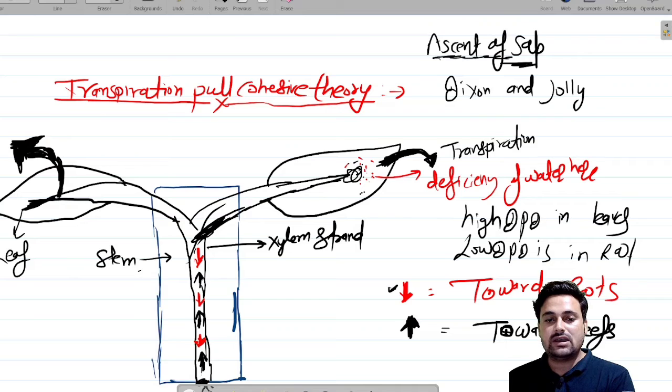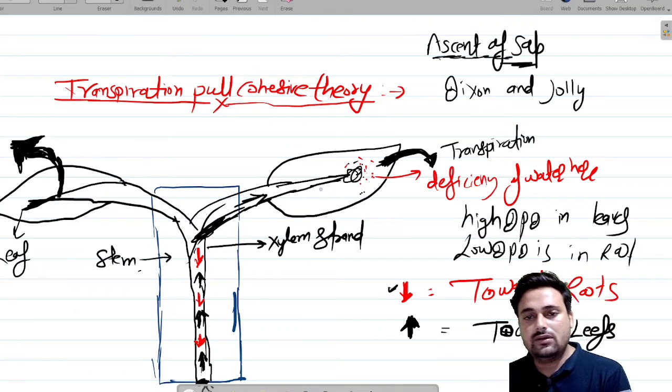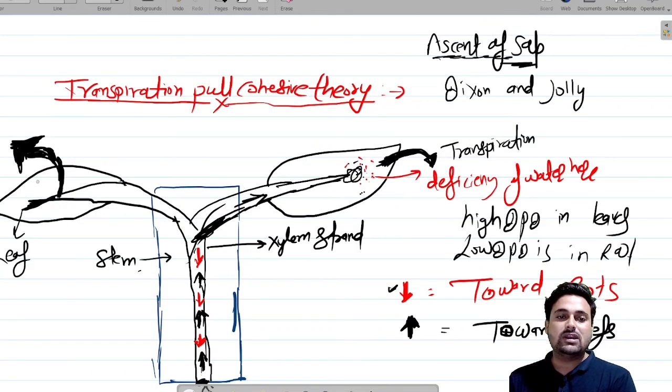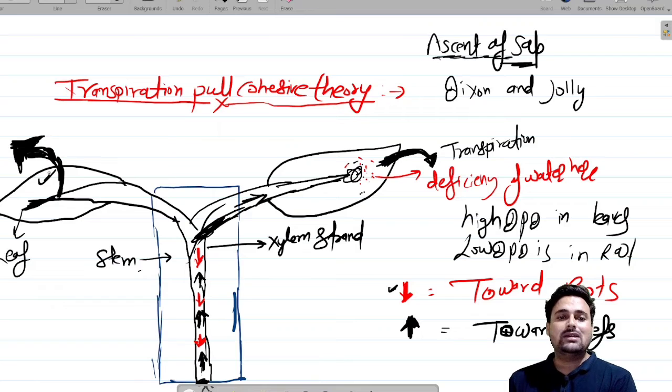This force is showing that water is going towards the leaves, and it will fill up the void of water deficiency, and there will be no ascent of sap happening after that, after filling up the void. Okay, if another time transpiration is going on, let's take a look here. If transpiration is happening again,